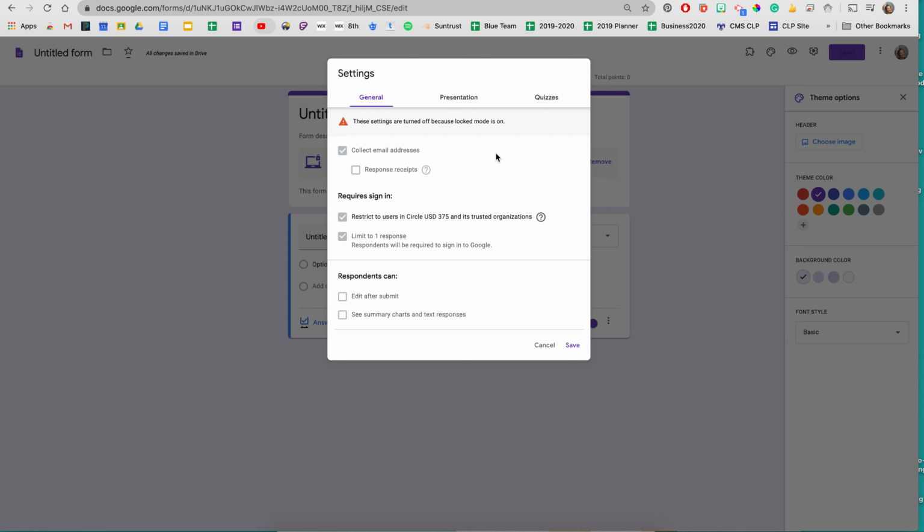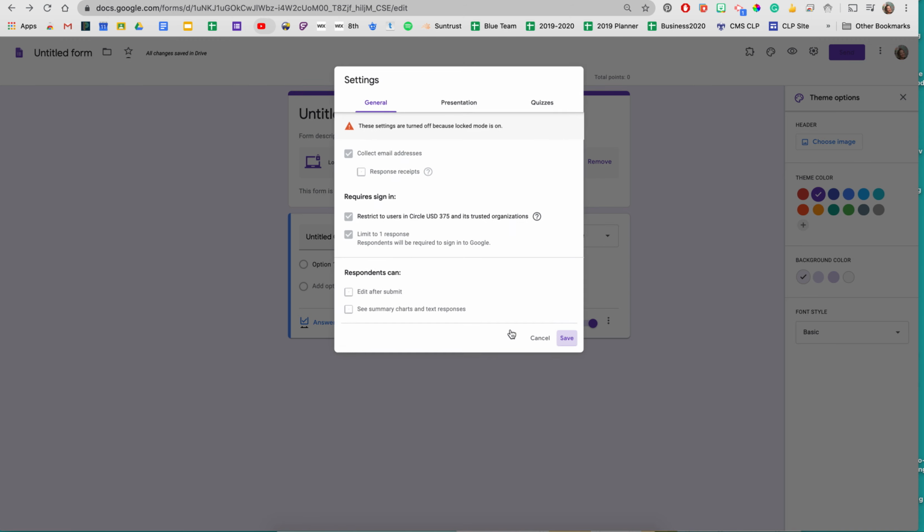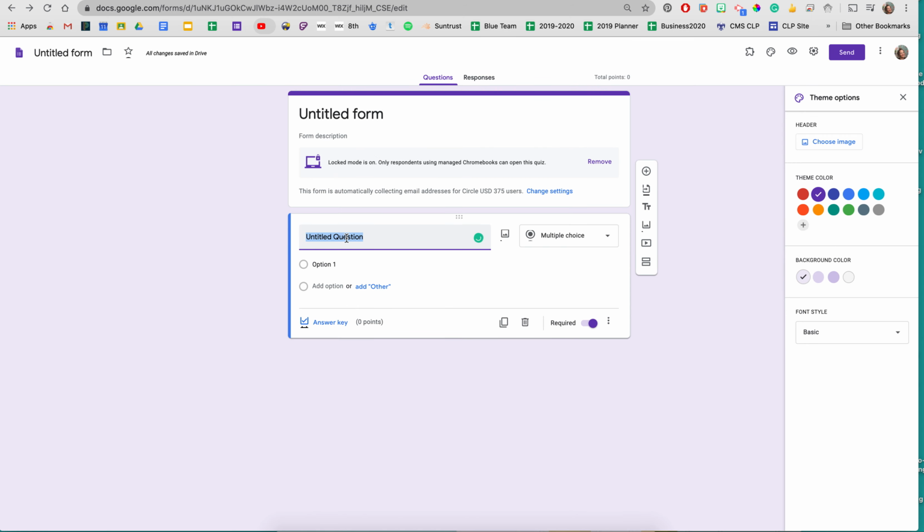Oh, I guess whenever it's locked, I've never seen this. When locked mode is on, it automatically sets all these, so the kids can only respond one time and they have to be on a circle account. So I guess if you have it in locked mode, that takes some of that work away from you. So there's that. So you're going to put in your first question and